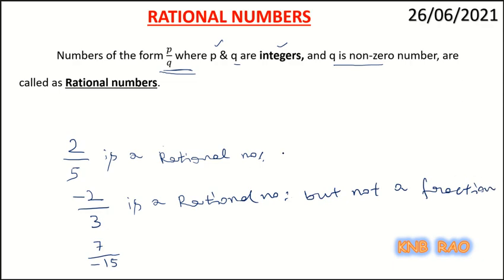Here 2 by 5 is a rational number and also a fraction,